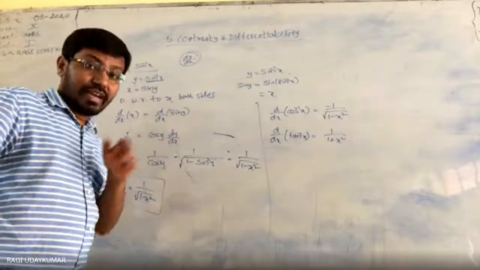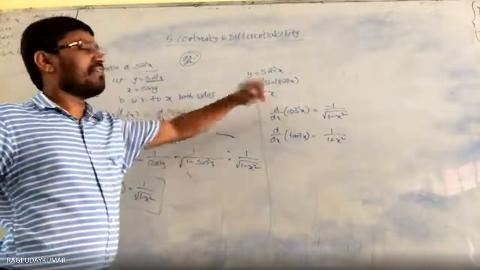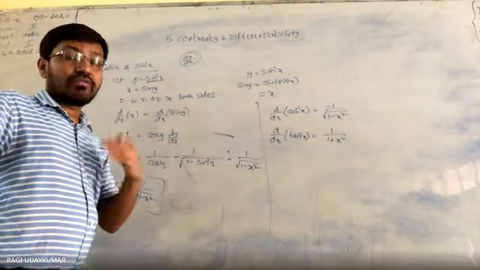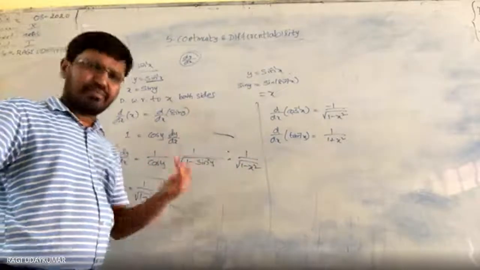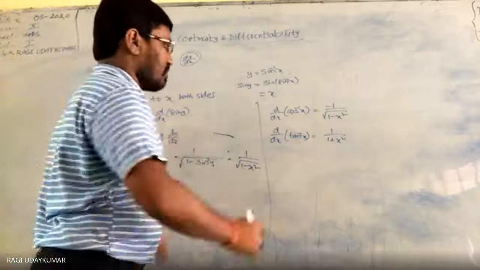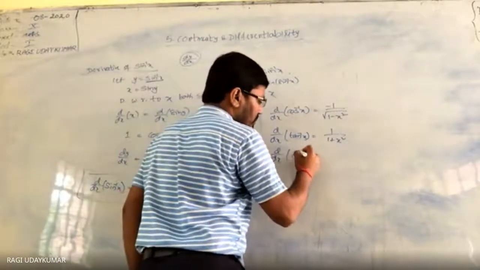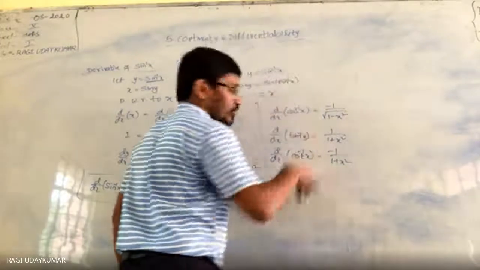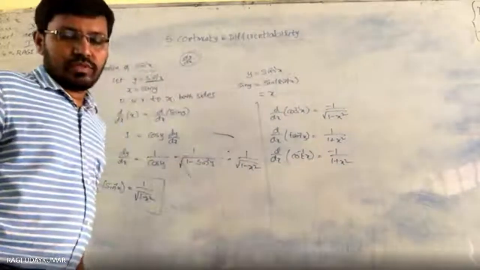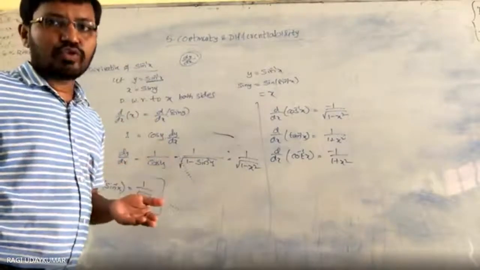So tan square y can be written as x square. So 1 plus x square directly you will get. Same procedure. This is one model I have given you. Then d by dx of cot inverse x is equal to minus 1 by 1 plus x square. These you try to remember, because this will be useful to you in further problems to solve.